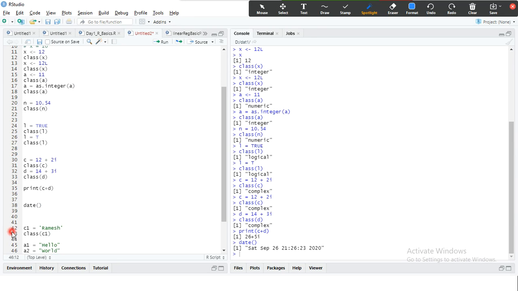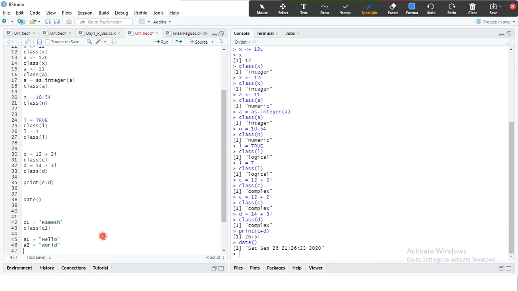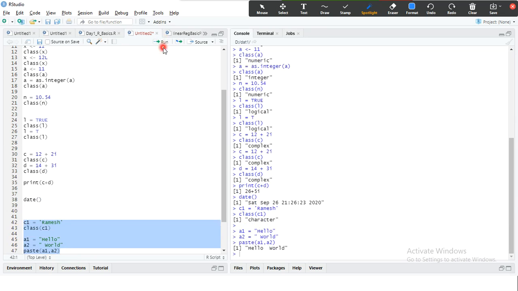So this is the character data type. Okay, and how do I concatenate the two strings? Your function called paste, using which you can specify, and here you can specify some space. Okay, sorry, I should have mentioned it in print, because I used many variables in between.